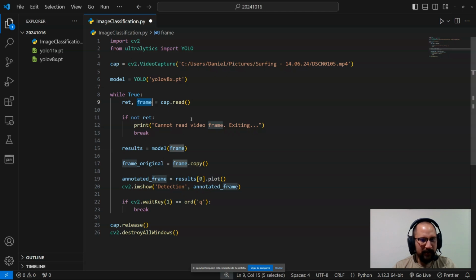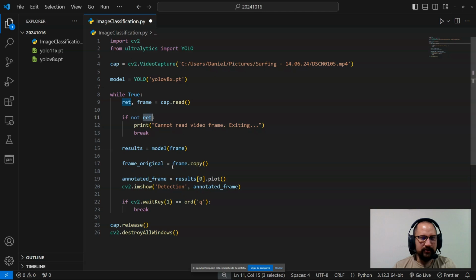So it makes sense that we are using an if statement: if something is wrong with ret, we print an error and break the while loop, which closes the window and finishes the program. If not, we are evaluating the frame in our YOLO model.